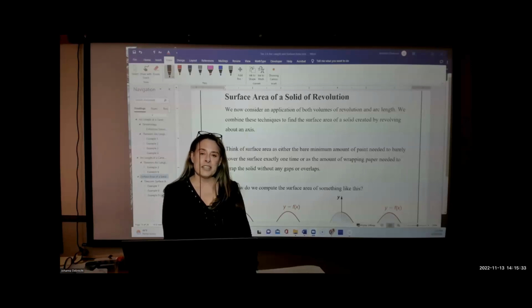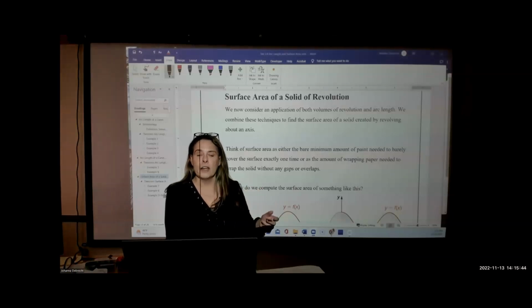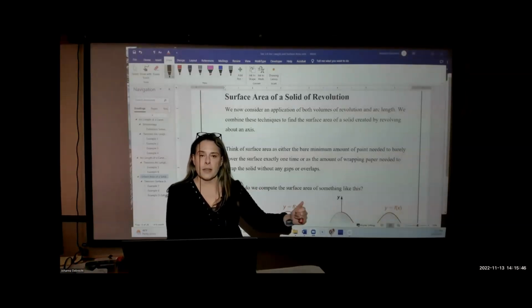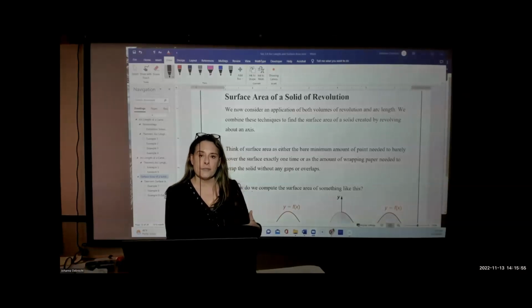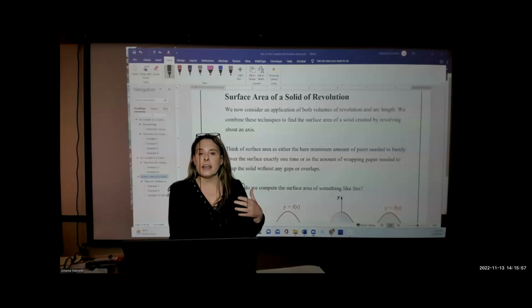In this particular section, we've been talking about two applications of integration. In the last video, we talked about how to find the length of an arc or the length of a curve from some x value to some other x value, or from some y value to some other y value. In this part of that section, we're going to be taking a look at surface area of a shape that